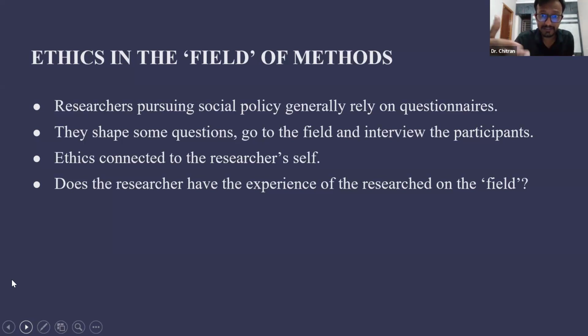Does the researcher have the experience of the research on the field? And that is what we do when we do these sampling methods. We go to the field, we may be doing a questionnaire. So just like that, randomly, if I'm working on Dharavi, I'm going there, suddenly I'm just interviewing the people, like what is your age, what is your income. That is not the right way. So in fact, that idea of positionality is very, very important. Social science research is much more complex. The methods in social science research are much more complex.